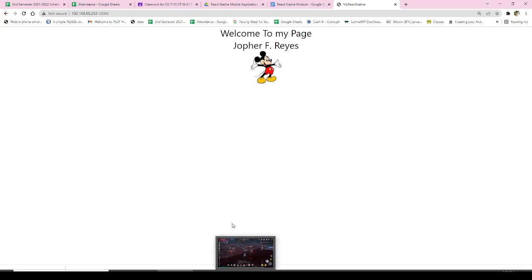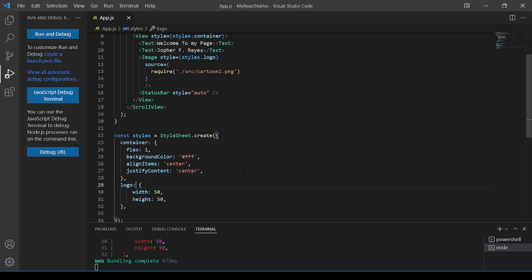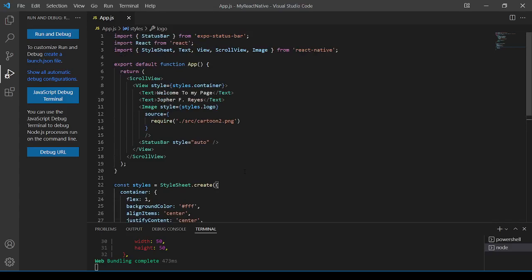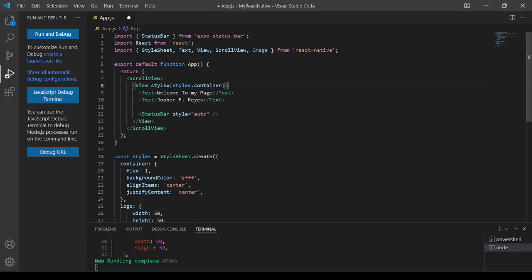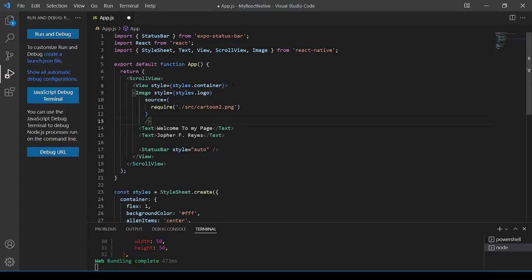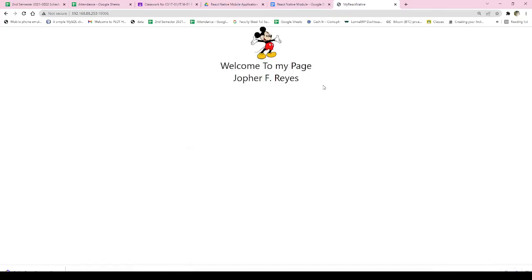In React Native, it is important to put some design, because if you don't put some design or attributes or characteristics of the element, then it will not appear on your web page. Okay, again,